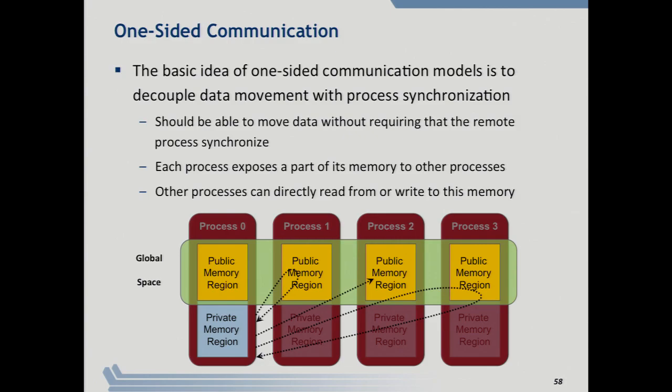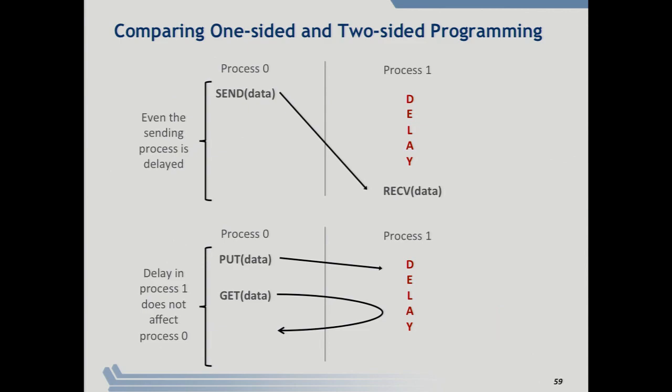Okay. So here's an example where process 0, for example, might make a request. It might say, I want to get some data from this process, so it has to cause this process to send data here. It may want to put data into process 2. And again, the source and destination of those requests could be all of this memory, both the public and the private. Okay, so to compare this with the two-sided messaging that you've seen before and we've been talking about,